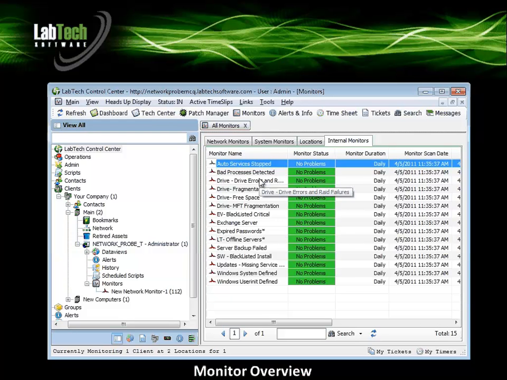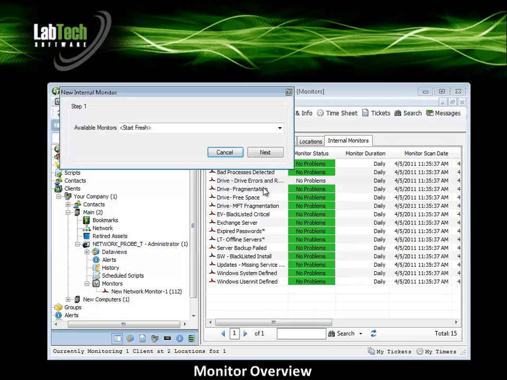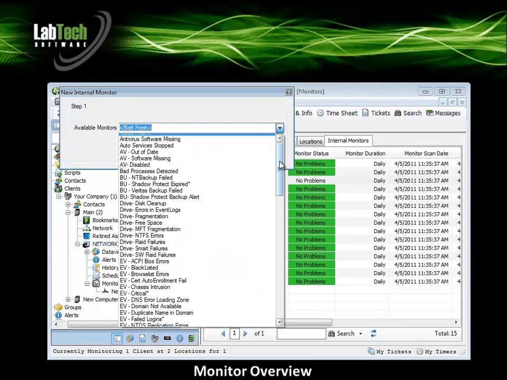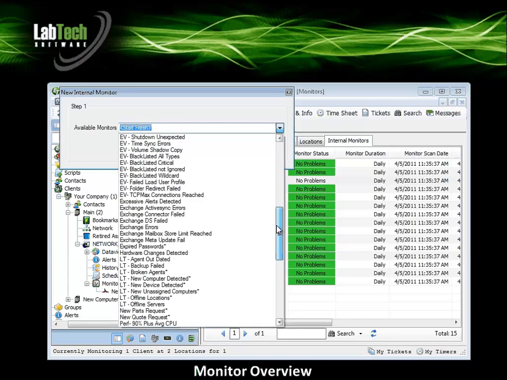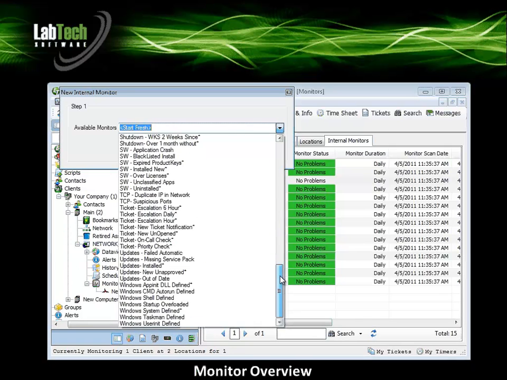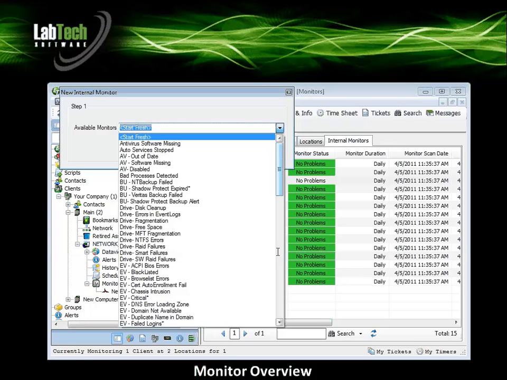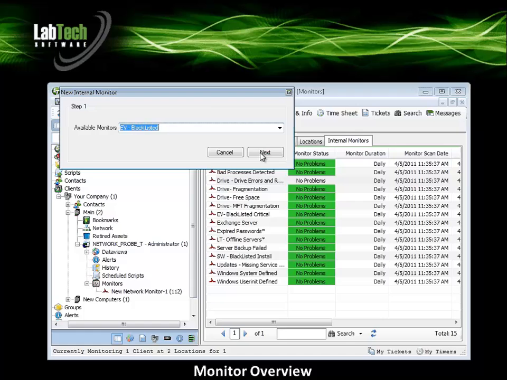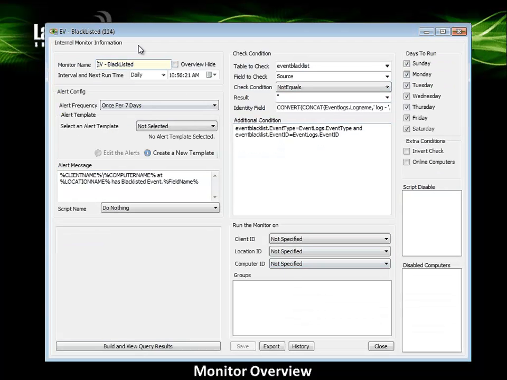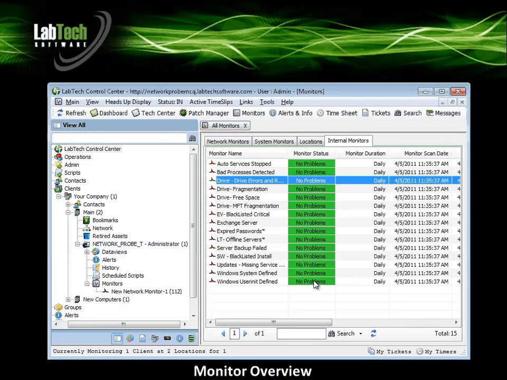To add a new monitor, right-click in the window and choose New Monitor. This will bring up a list of available monitors that are other internal monitor types that can be added to LabTech. Simply specify the one you're looking for and click on Next to add that monitor. Customize it accordingly and close. It is possible to delete an internal monitor,